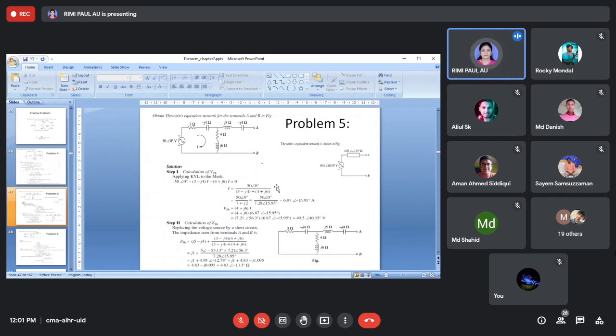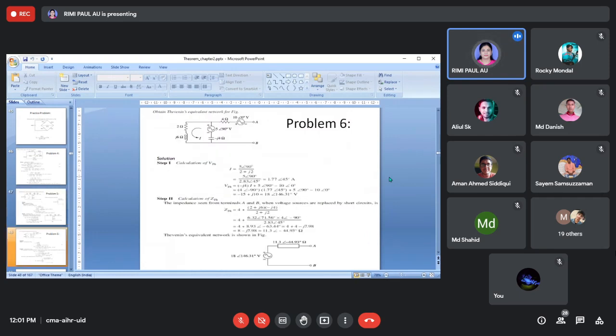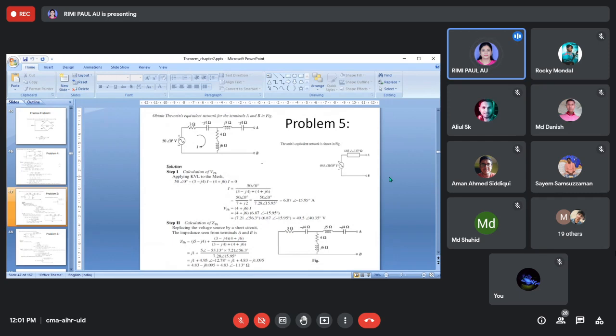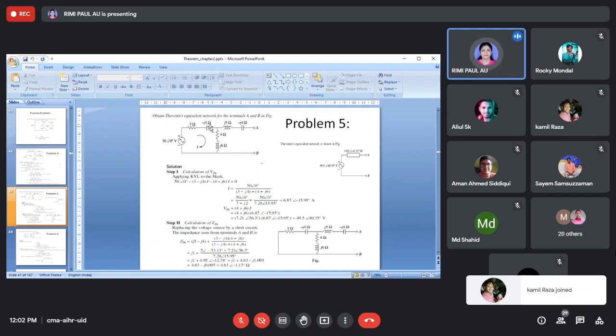The next is Thevenin's. This problem I already mentioned previously, so I am not going through it. And this is an interesting problem, because what I told you yesterday is that whatever the voltage of this path, it will appear here, because there is no voltage source present. There is no voltage source present, so current will not flow through this branch, because this is the open circuited voltage, and the current will flow only through this path, because this is a closed path.